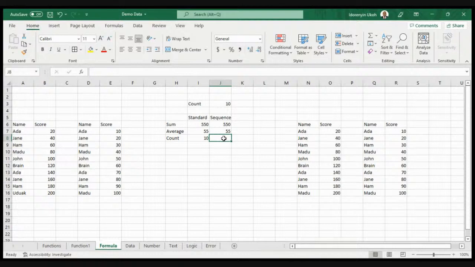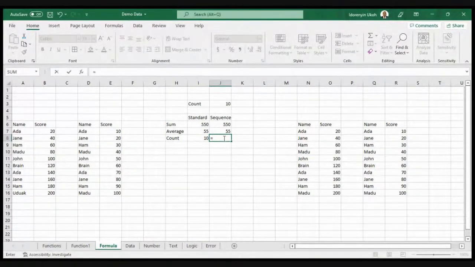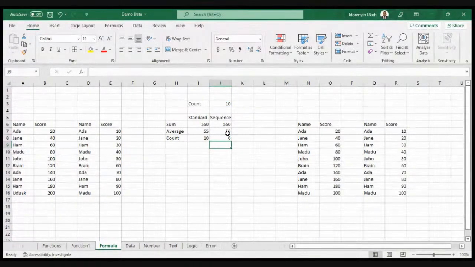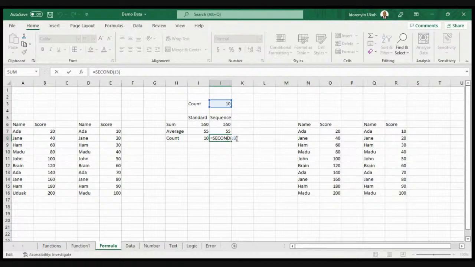So my count already, I would do is equals to sequence. This is my count. Oh, sorry. So that's sum, not sequence.